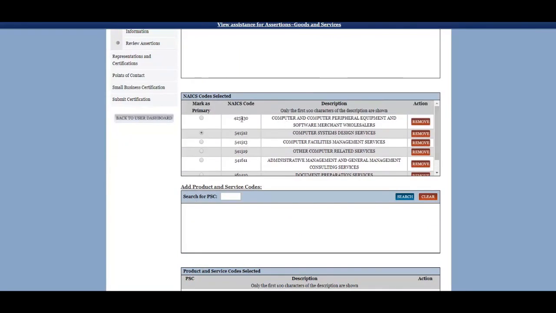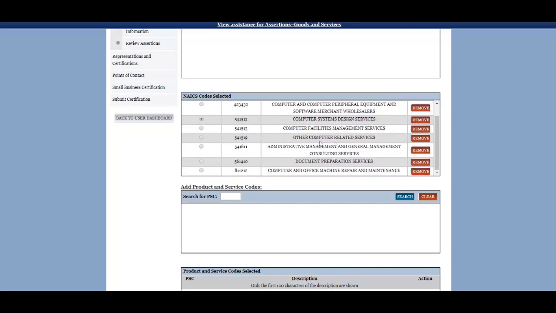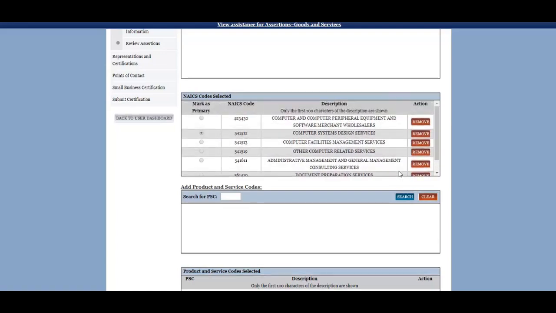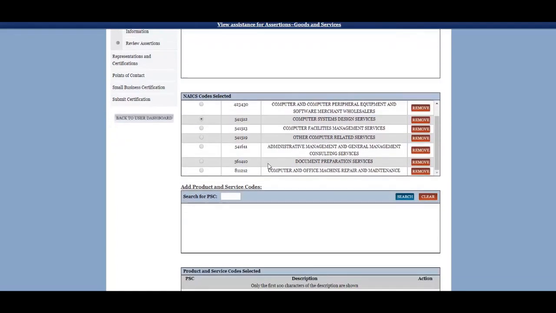company would be these NAICS codes, as you can see: computer and peripheral equipment and software merchant wholesalers, because of our affiliation with Dell, computer system design services, computer facilities management services, any other computer related services, administrative management and general management consulting services, document prep services, computer and office machine repair and maintenance. So we're just going to leave these as they are